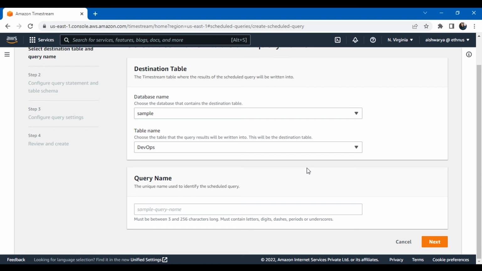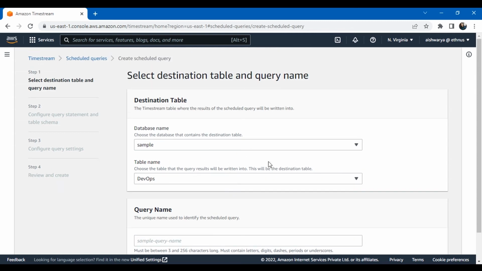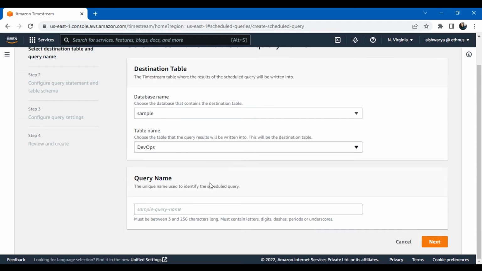But what you are doing is creating a scheduled query which will aggregate some of the particular data, as per your need at some particular time, and it will store the meaningful result, just one result, in some separate table. So you have a base table, which is this one. On that you are performing a scheduled query after some particular time,